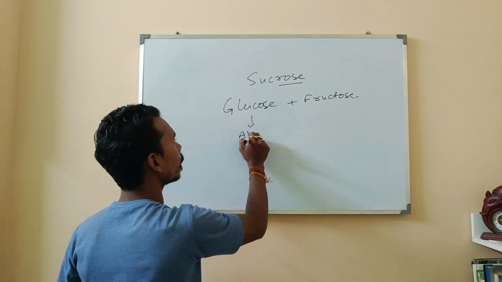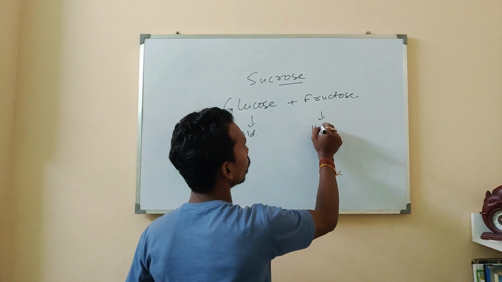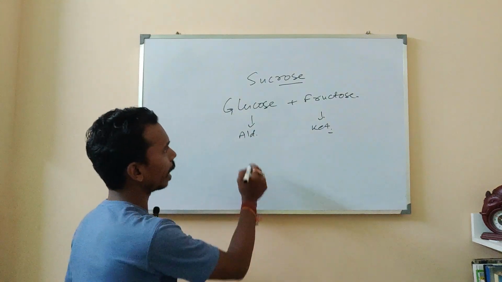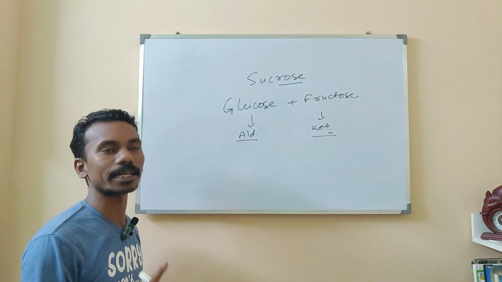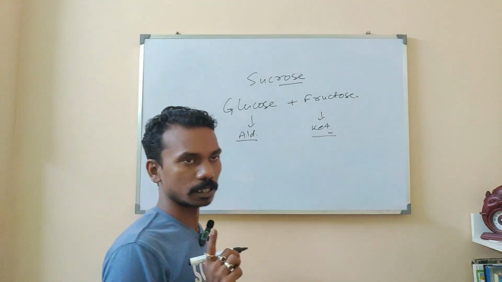Glucose has aldehyde group and fructose has ketone group. Aldehyde alone or ketone alone is going to act as reducing agent, but in